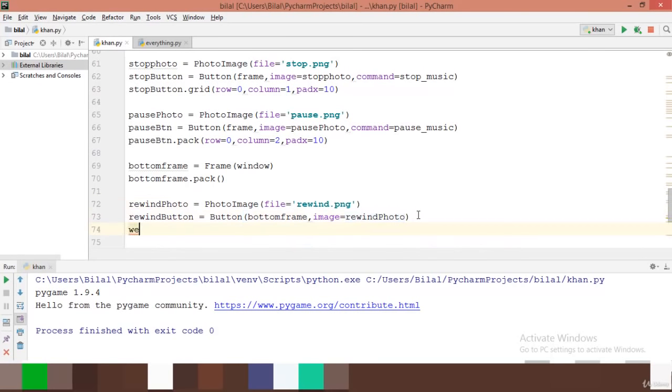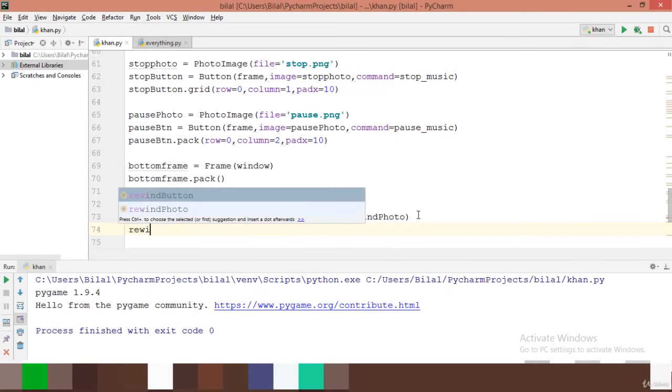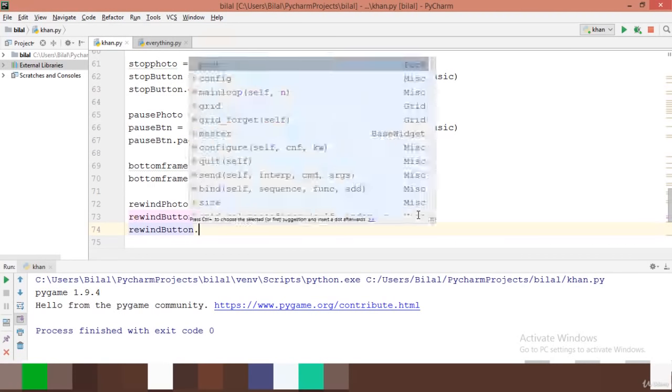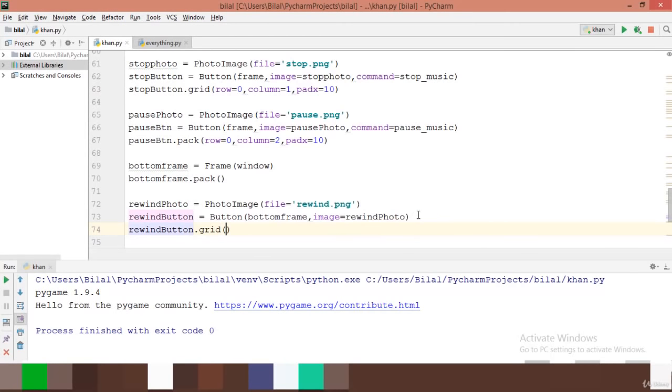And now I will say rewind button dot grid, and now I will place this button in the 0th row and 0 column of this frame. So let's do it. So I can say row equal to 0, column equal to 0, and then when this button gets clicked,